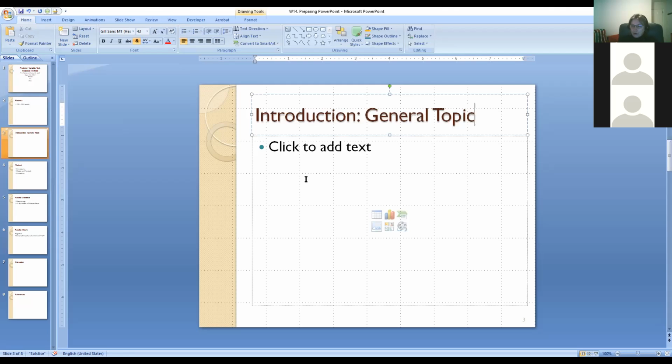The one thing that you should not do, you should not copy and paste the entire paragraph out of your assignment 2. You need to create, so here, these are bullets. You need to create bullet points that will allow you to present the material in oral form. That's one of the major mistakes that students often make.